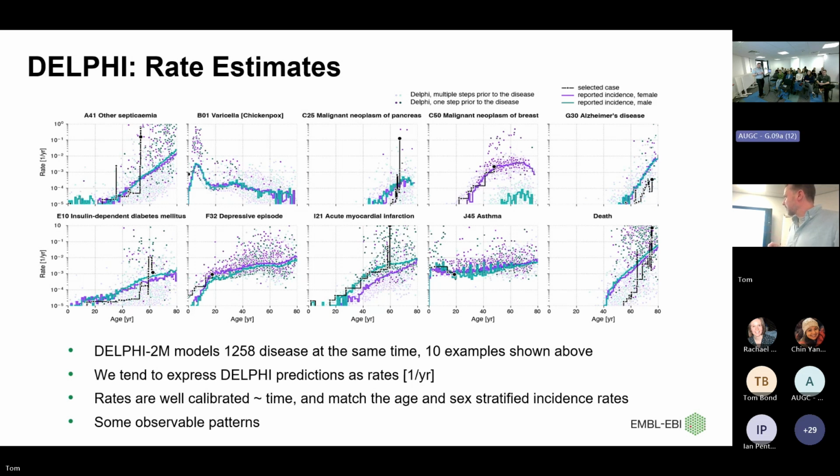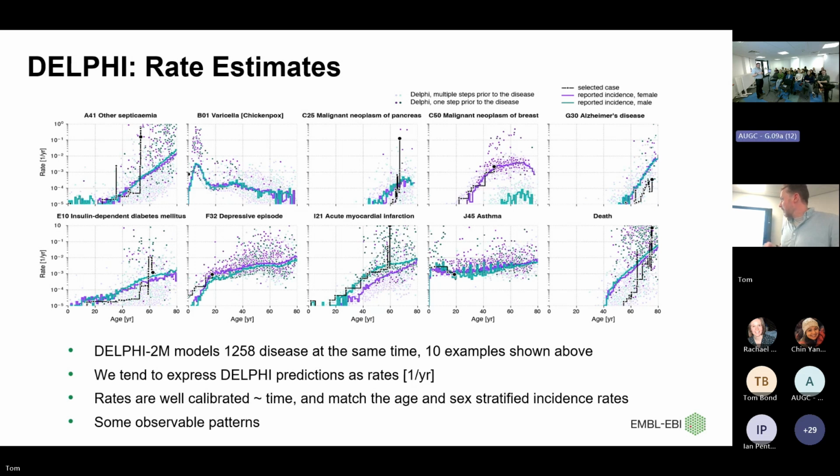You can see some pieces of information that make sense. So, for example, chickenpox is much more frequent and probable early in life, whereas conditions like death or Alzheimer's are increasing much more later in life. Something like depression seems to be quite low in early years, increasing quite a bit towards late teenage years, and then remains relatively flat. And the other one to highlight, I think, is heart condition, so acute myocardial infarction, where we have this increasing